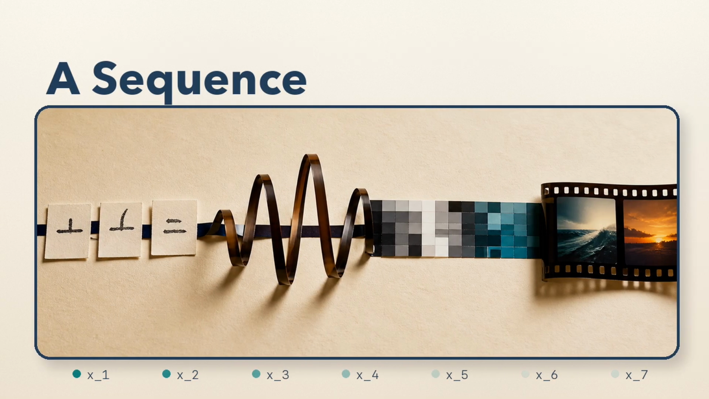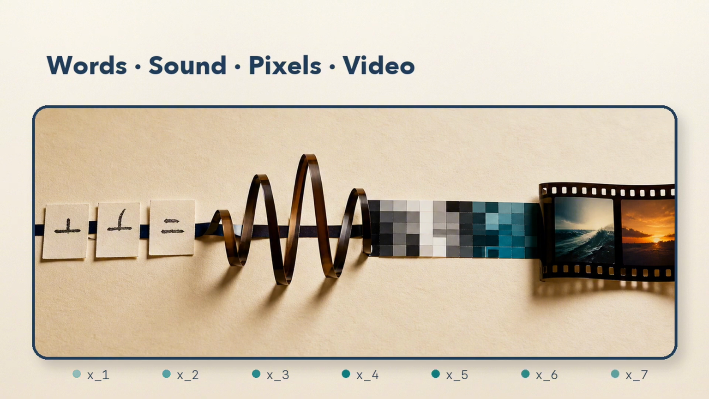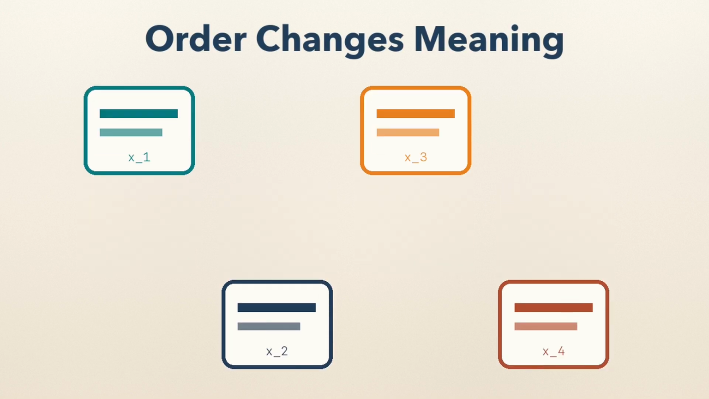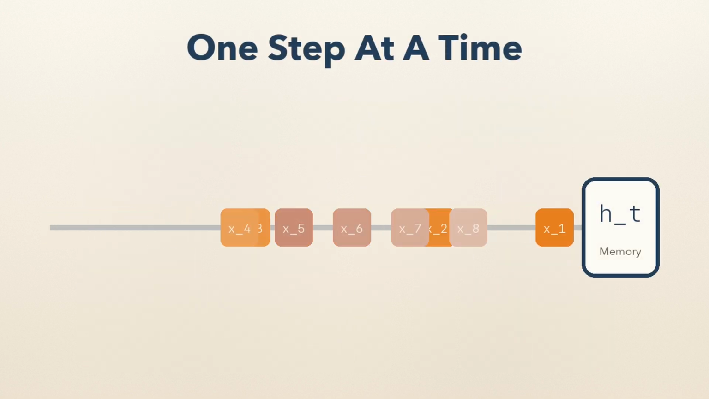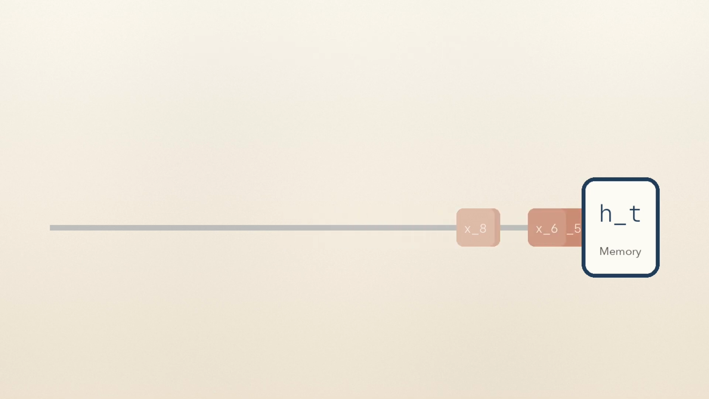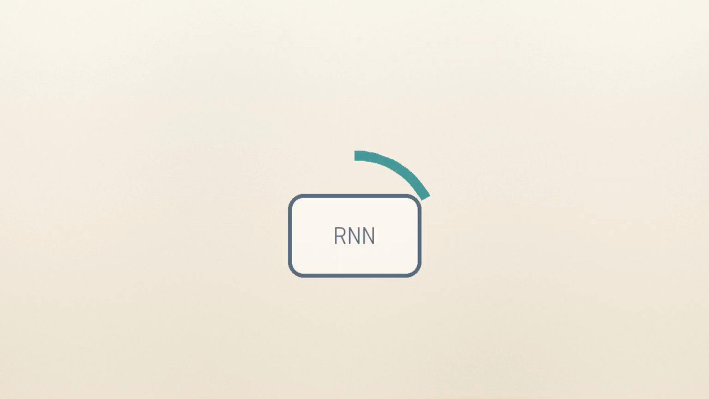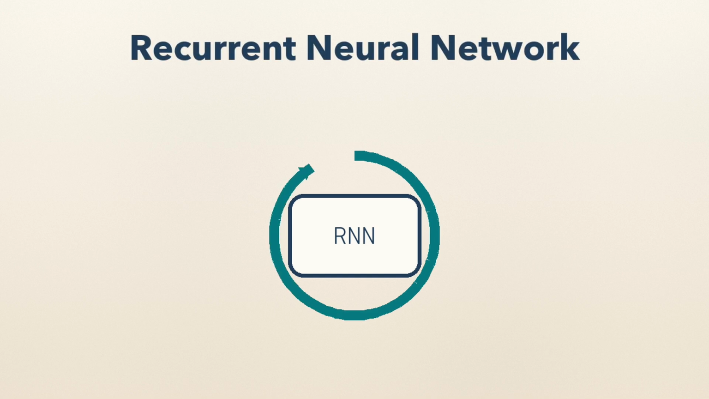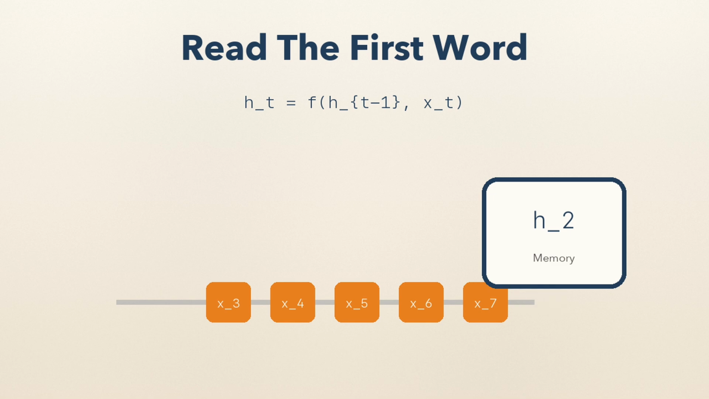A sequence is any ordered collection of information: words in a sentence, sounds in a recording, pixels in an image, or events in a video. Order matters because changing the order can change the meaning. Older AI models processed sequences one step at a time, which made it difficult to connect information that was far apart. One early approach was the recurrent neural network, or RNN, and an RNN reads the first word, creates a small